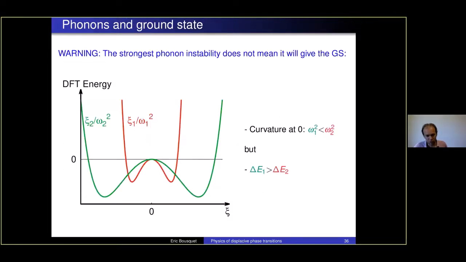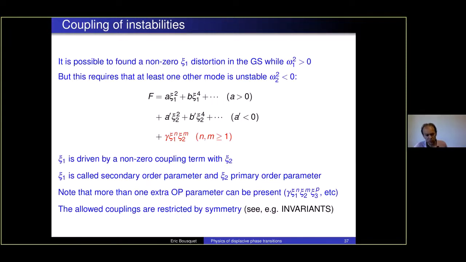Okay, that I can skip as well. And then I will finish with the fact that when you have many instabilities, your free energy expansion can be more complicated, in the sense that you can have a double well for one mode, a double well for a second one, and so on. But this means when you have more than one mode condensing into the structure, you can have coupling between the modes.